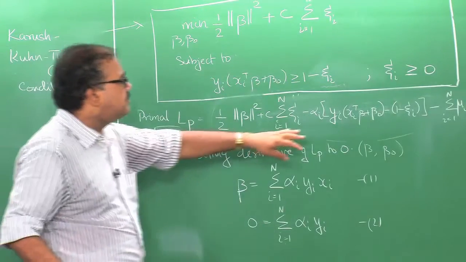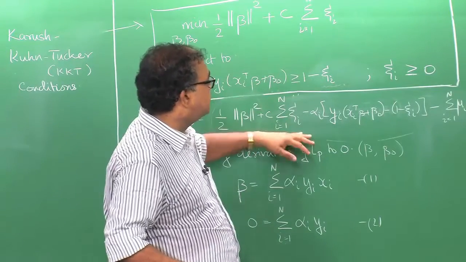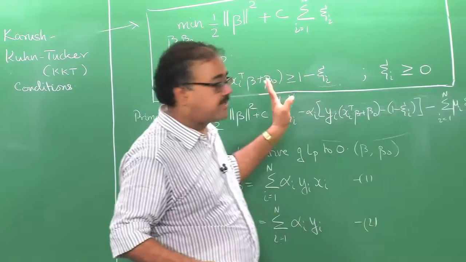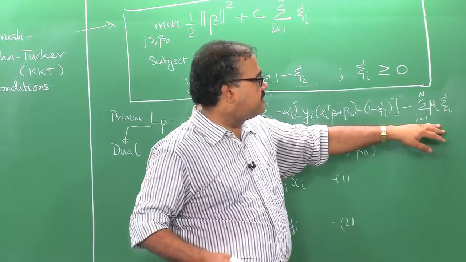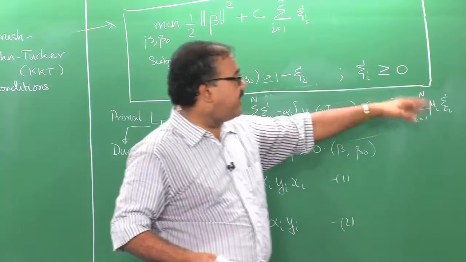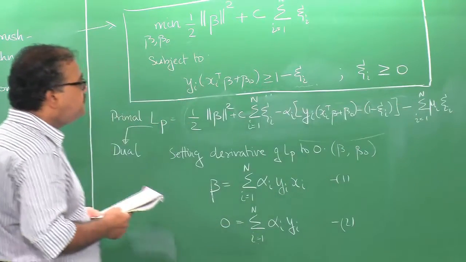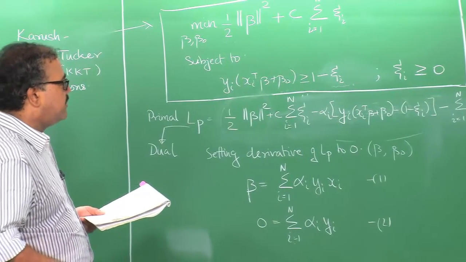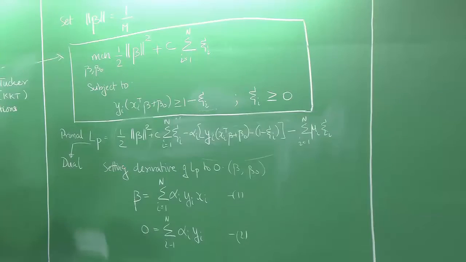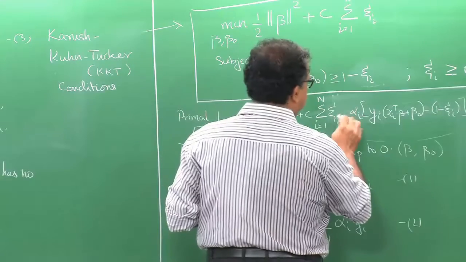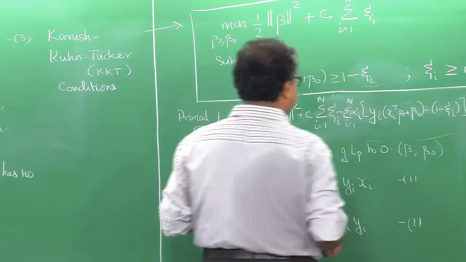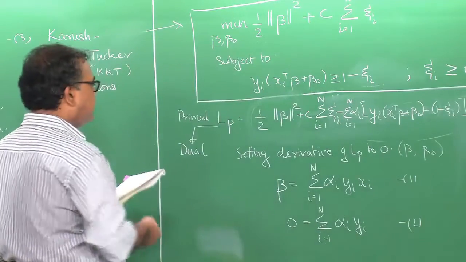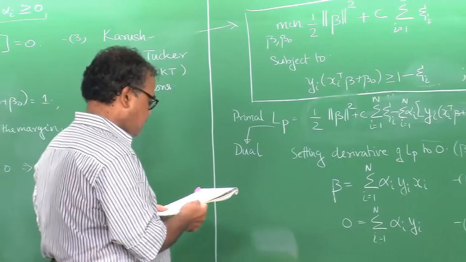Right. So, this is the second part of the objective function, and this is the first constraint, and this is the second constraint. Since this has to apply to each and every data point, you have the summation over all the data points there. Likewise here. So, how do we go about deriving the dual in this case?